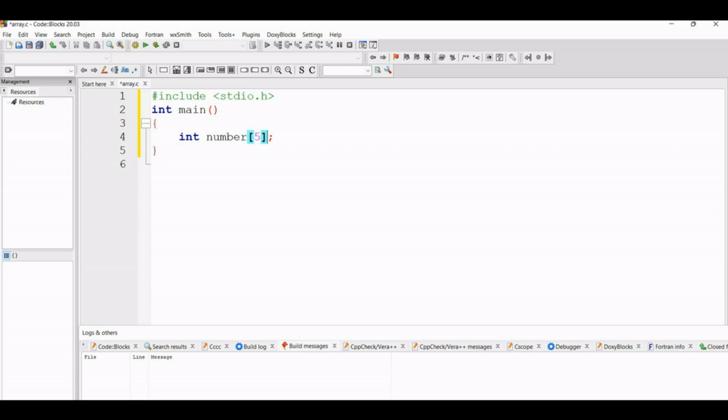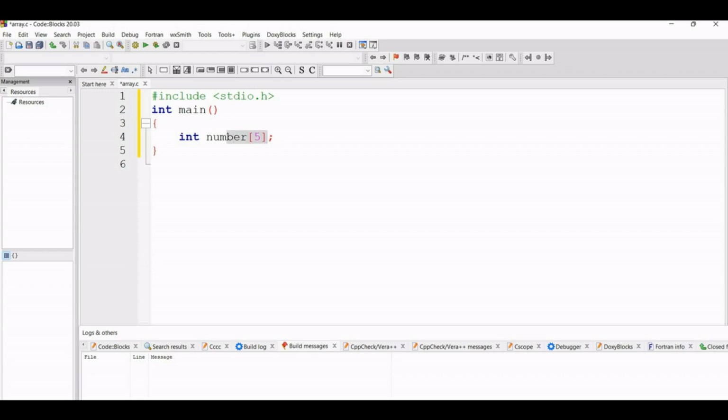You will not be able to take one cup and serve it, then take another cup and serve it, so it is not possible. At that time you will manage one tray, put all the cups on that tray, carry the tray and then serve the tea. So this is the main concept of array. That means this number will hold all the 5 values. This is like the tray.